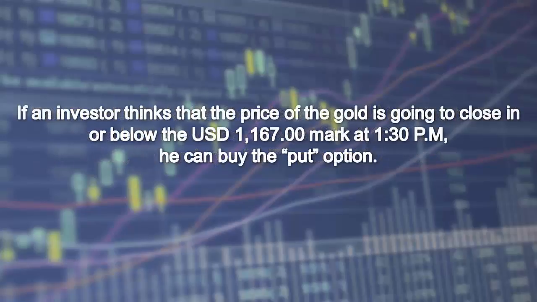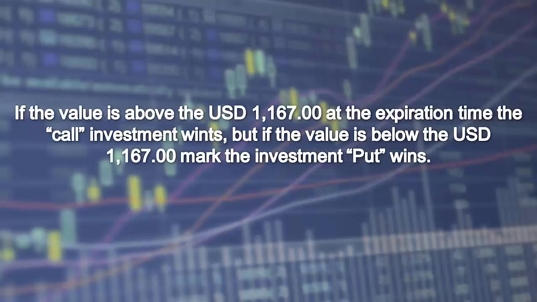If an investor thinks that the price of gold is going to close at or below the $1,167 United States dollars mark at 1:30 p.m., he can buy the put option. If the value is above the $1,167 United States dollars at the expiration time, the call investment wins. But if the value is below the $1,167 United States dollars mark, the